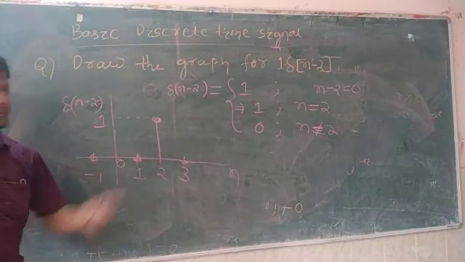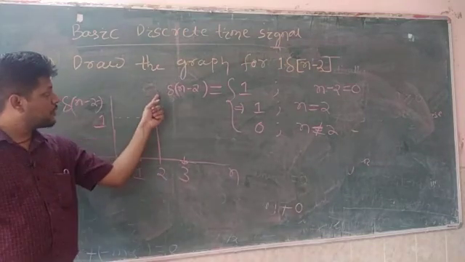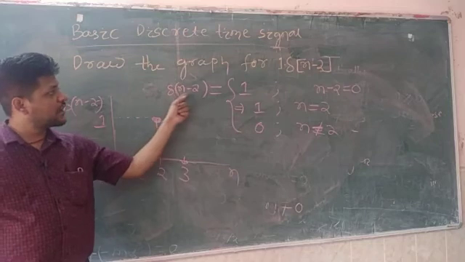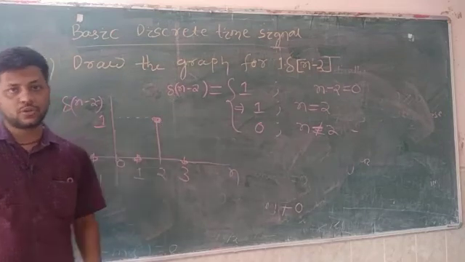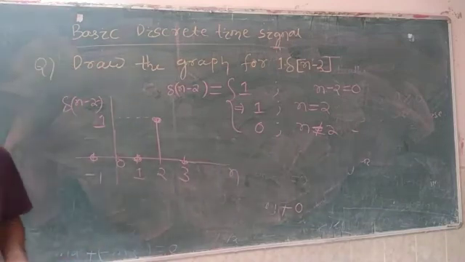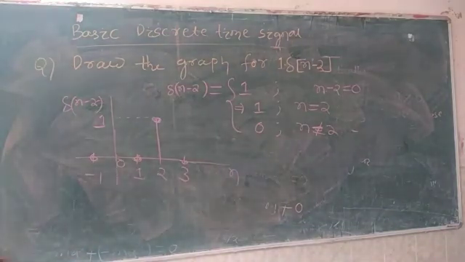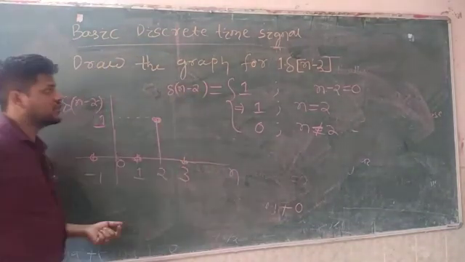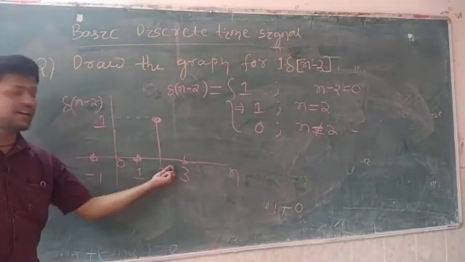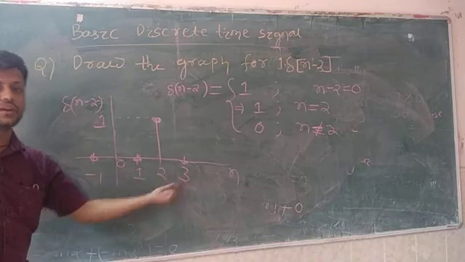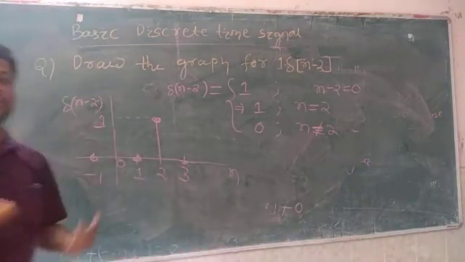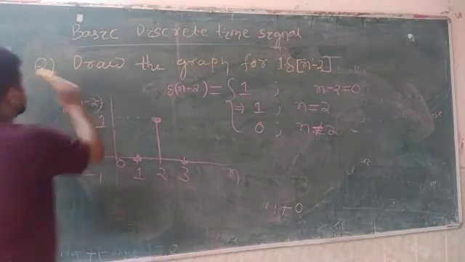So you have to see the bracket, and you have to see the coefficient. The coefficient represents the height, and the bracket value you have to equate to 0. That is the example for your unit impulse signal. This is known as shifting. Here the impulse is shifted to the right. We will see this when we study some basic operations on signals.